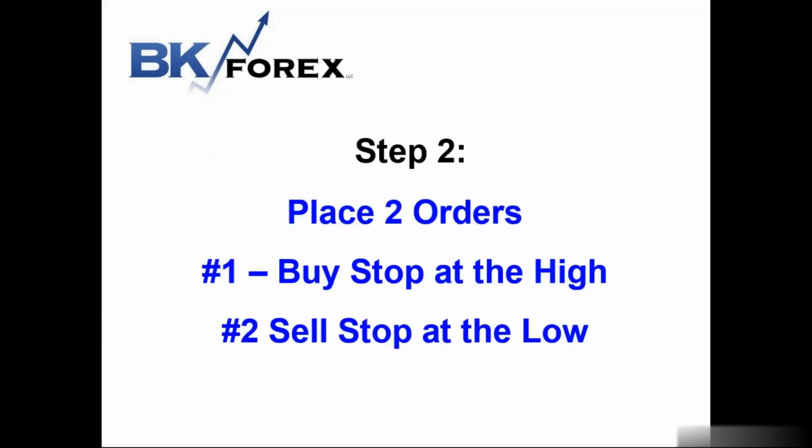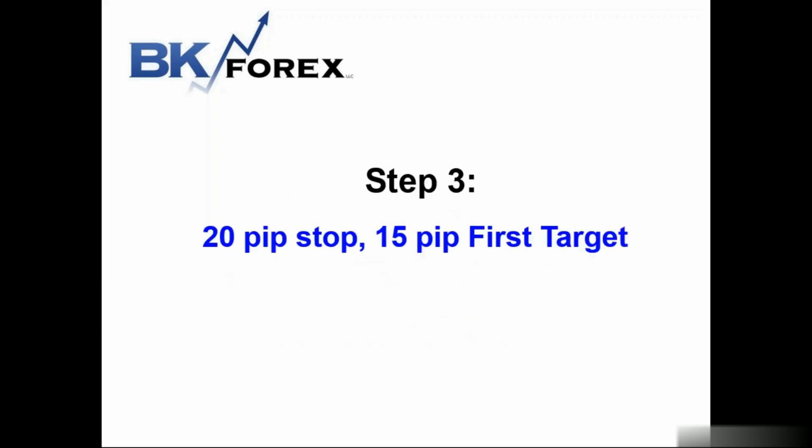The second step is to place a buy order at the high of the range and place a sell order at the low of the range. You may want to do 2 or 3 pips beyond that just to give a little bit of wiggle room. And then it's one cancels the other. If one order triggers, then you want to cancel the other order.